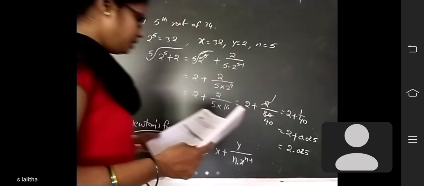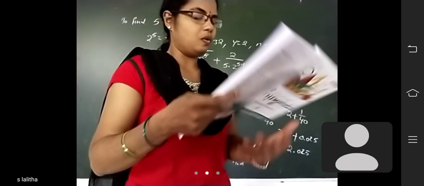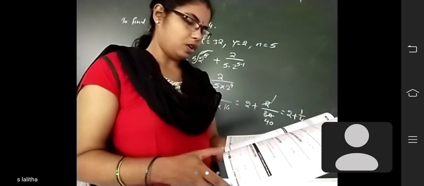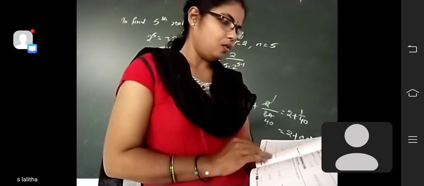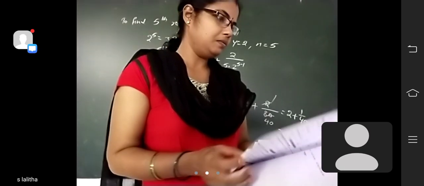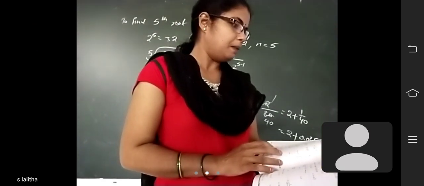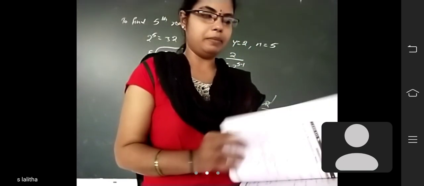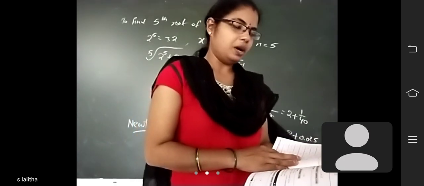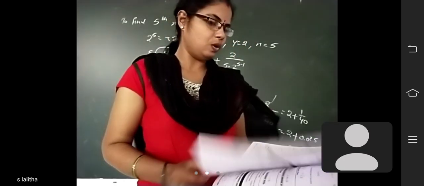Okay, children, we have completed this chapter, the third chapter. So you have to do the bits homework. See page numbers 44, 45, 46, 47, 48, up to matching. You have to complete Level 1 and Level 2 bits. Okay, tomorrow I will send the key to you. This is today's homework.